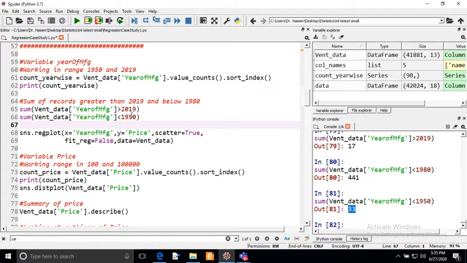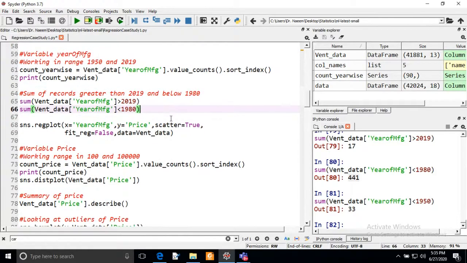But I am considering 1980 because I want to use the more advanced ventilators. That's why I am using 1980, and we will try to remove only the 441 entries from our data. So I think it will not affect the output of the analysis.